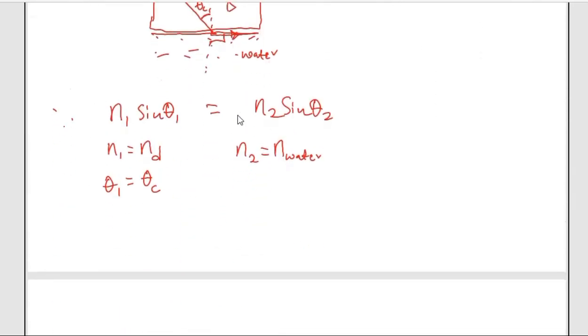So I come here and write 1.33. Then we have my theta 2 is equal to 90 degrees, because we say that